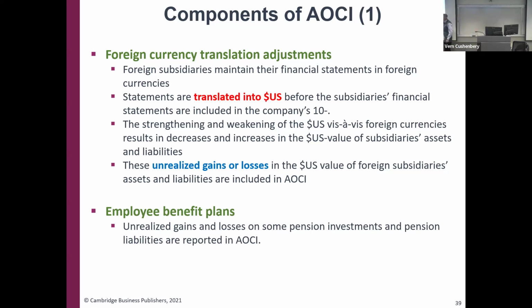Employee benefits plans, touched on this earlier in the semester. I always use the example of my grandfather. He worked for Phillips 66. He passed away in 2002. He worked for Phillips 66 from 1950 to 1985. So he put in 35 years, and as a result of his time working for Phillips 66, he accrued a pension. And a pension is a promise from Phillips 66 to pay him throughout his whole life and his spouse, surviving spouse in that instance, throughout her whole life.